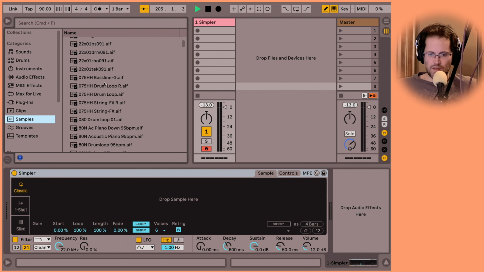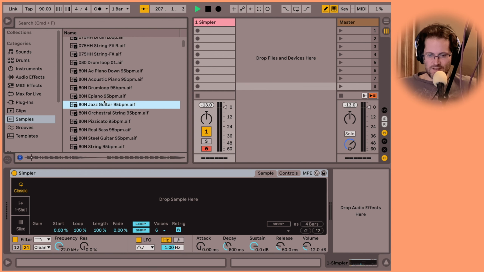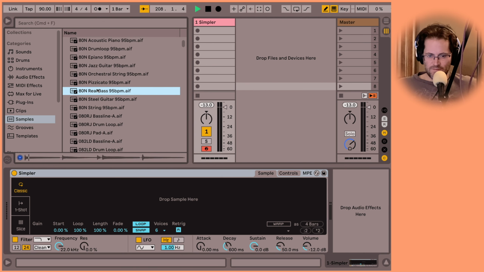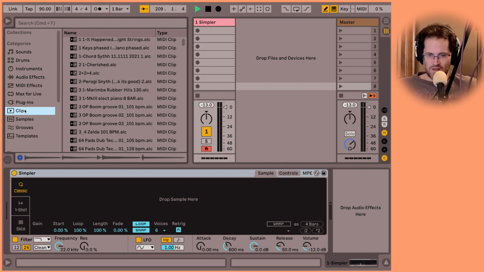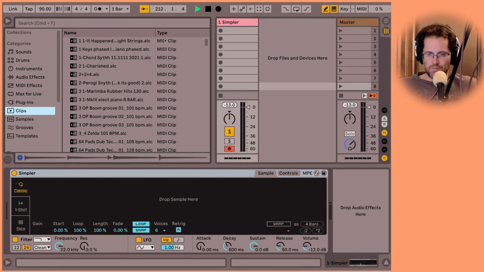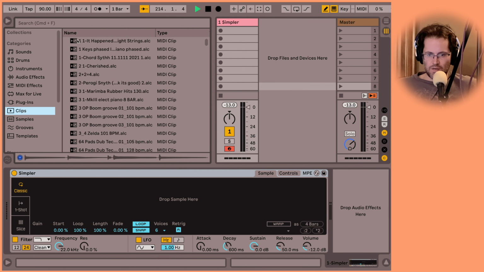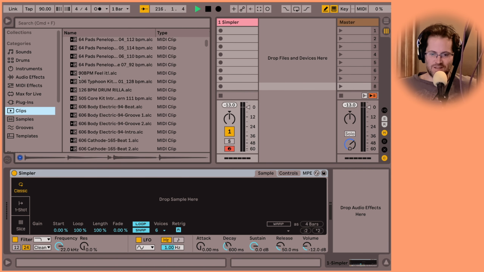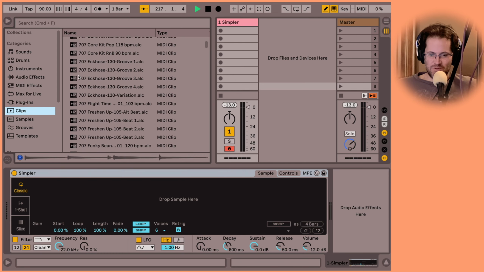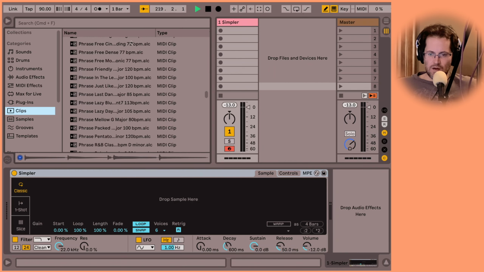I was trying to find something, and they were all too short. Well, this one isn't. Then I was like, well, what are these clips? And I wanted to bring this to your attention. If you go into clips, notice how it says type MIDI clip. And notice how these are in alphabetical order. Obviously there's a 1 there, so that's treated numerically, but as soon as we're off that, we go to A, then B, then C, and notice how it all says MIDI clip, right?